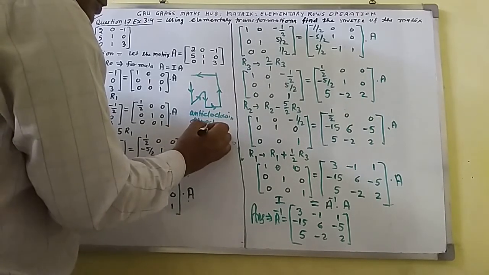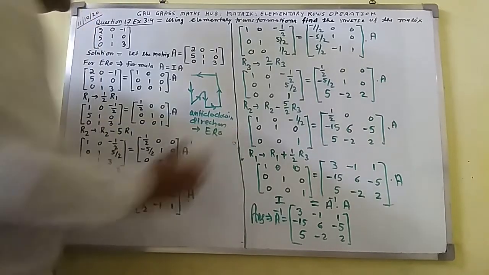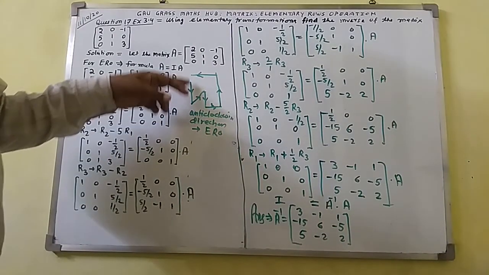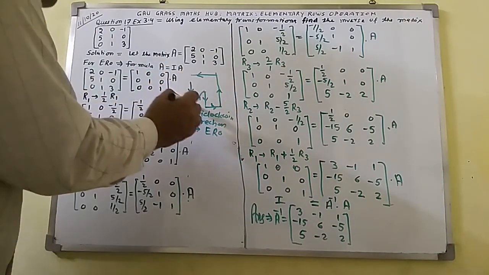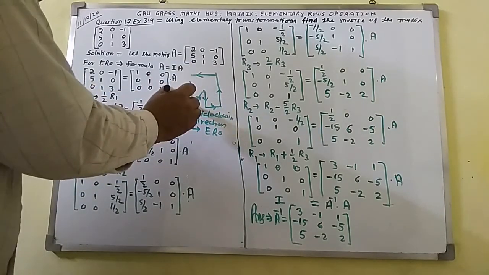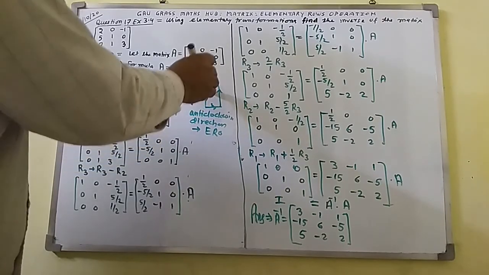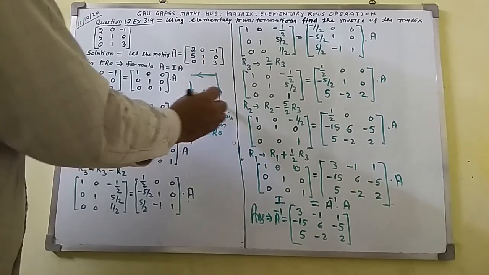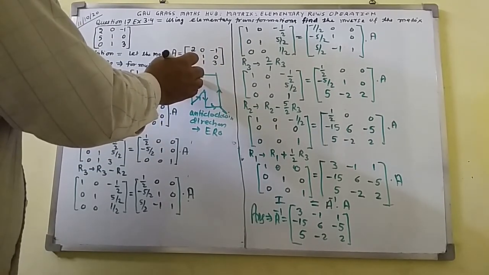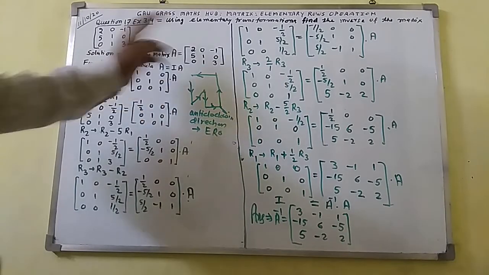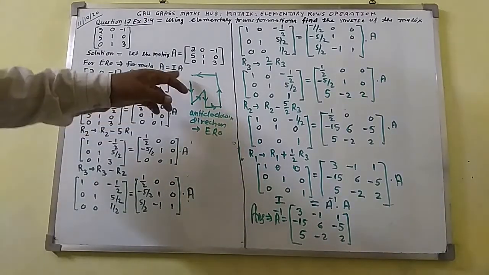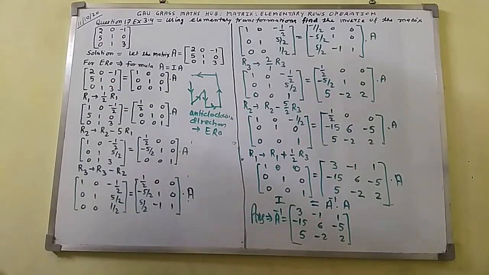In elementary row operations, all operations will be carried out anti-clockwise. Here you can see, this is the center element I shall take. Start from this place, go to the last element, go to the center element, go just downward to the middle element, go towards right, move upward, then move towards left. So this direction is known as anti-clockwise. So in elementary row operations, all operations will be carried out anti-clockwise. This will be the correct answer.